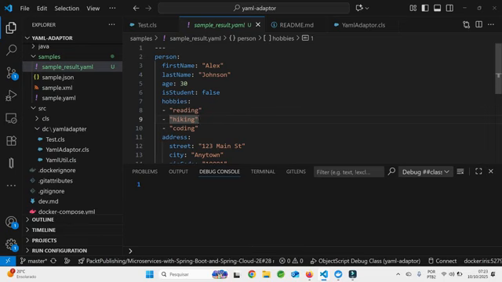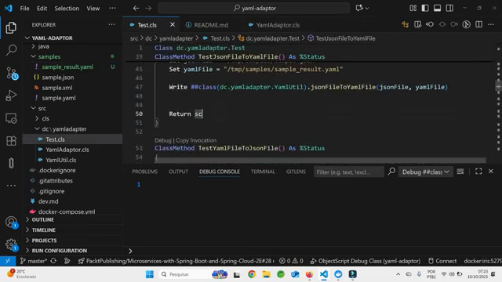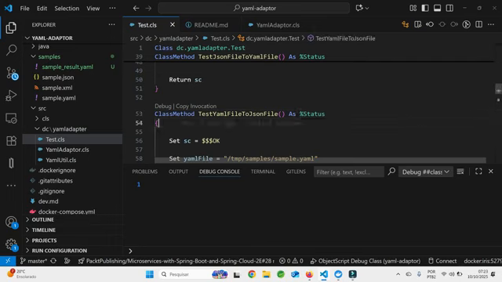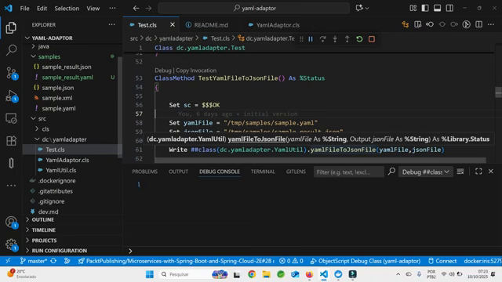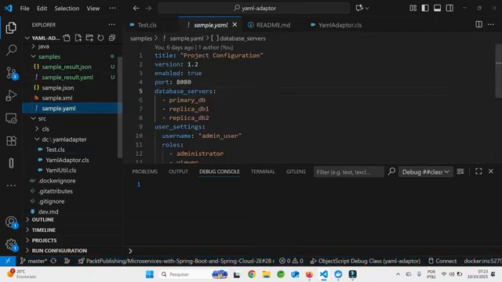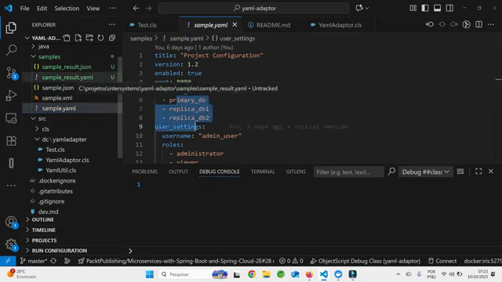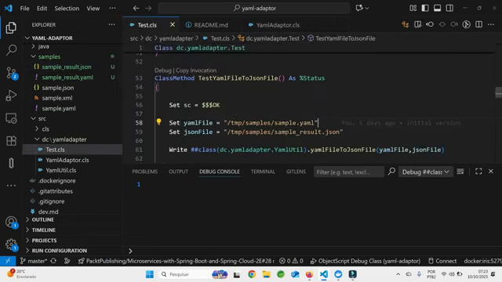Okay, now you can use YAML file to JSON, YAML file, this YAML to this JSON. Okay, and now we can